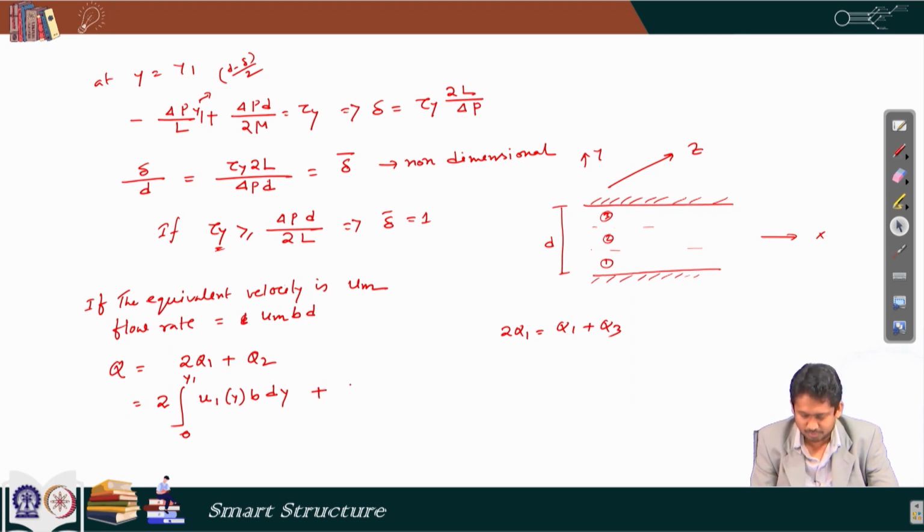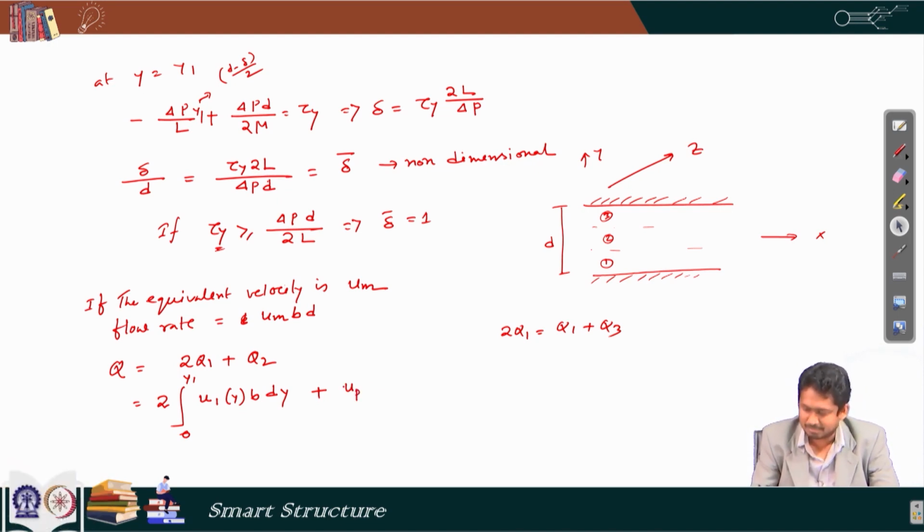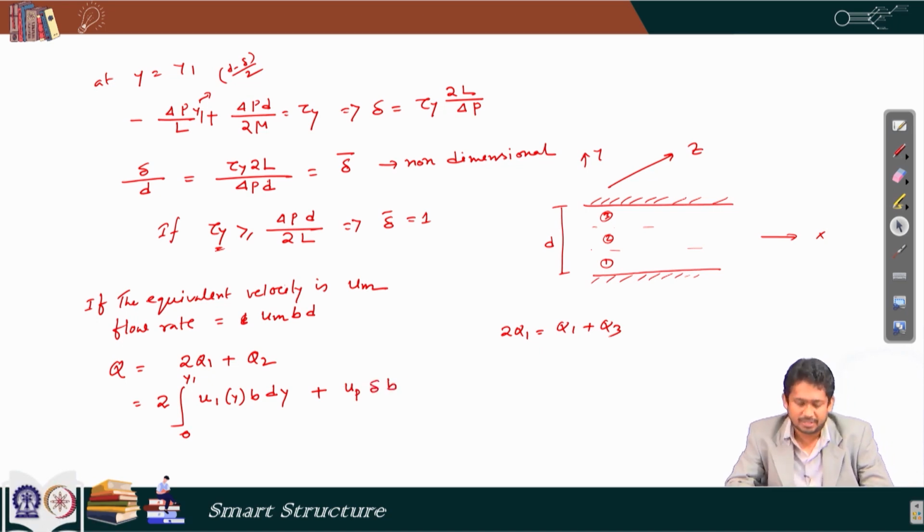And then for q 2 I just need the u p, the plug velocity u p, multiplied by the cross section dimension, that is delta multiplied by b. So, if we evaluate this quantity, finally the quantity becomes